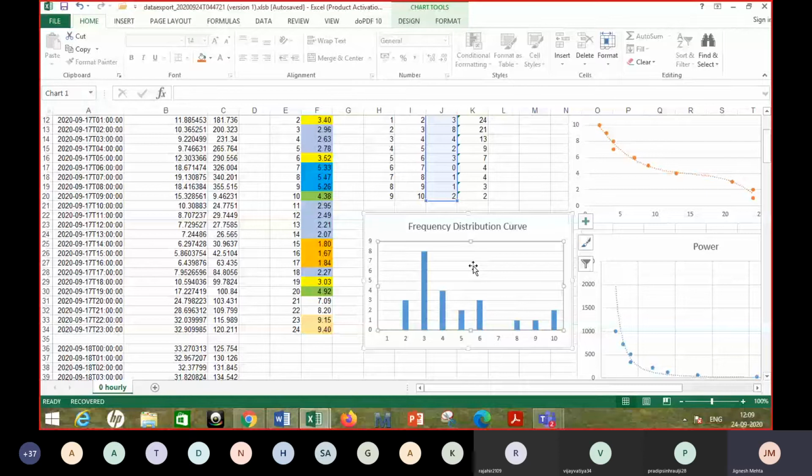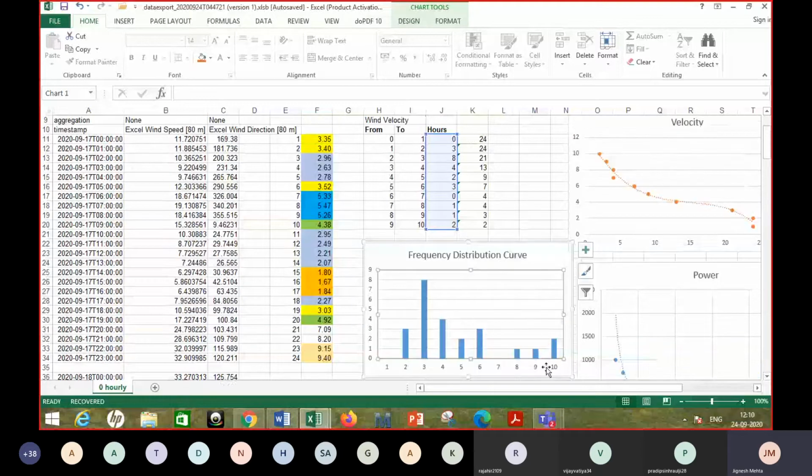So this is a frequency distribution curve, and you find some pattern. Of course, in 24 hours on a particular day, you don't get a perfect pattern. But if you take a larger number of samples, the more the samples, the more accurate your statistical analysis would be. But still, you find that it increases and then decreases. This is basically how the frequency distribution curve can be plotted.